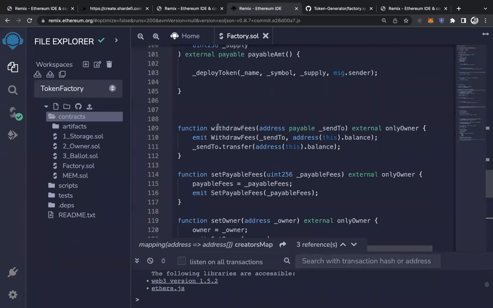Whenever a user creates a token on behalf of your dApp, the user has to pay some kind of fees. Currently it's 0.1 ether. So for example, if 100 users have deployed a token using your dApp, you'll be collecting 10 ether, or you can consider it as 10 SHM on Shardeum, because we are using the Shardeum network over here. So 10 SHM